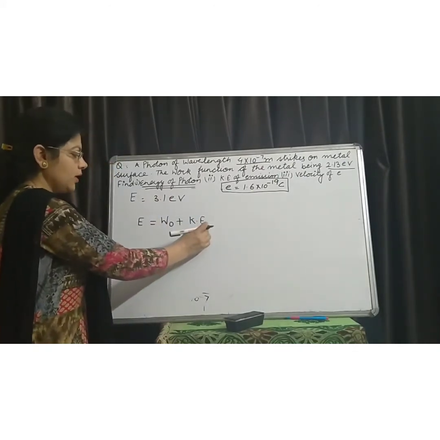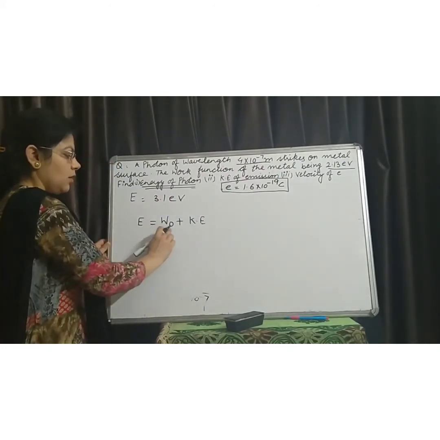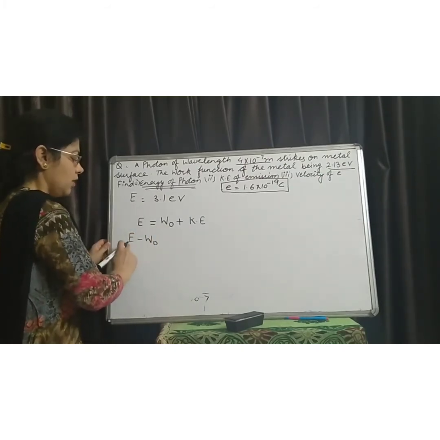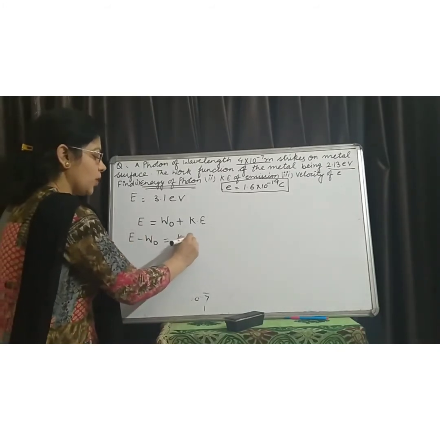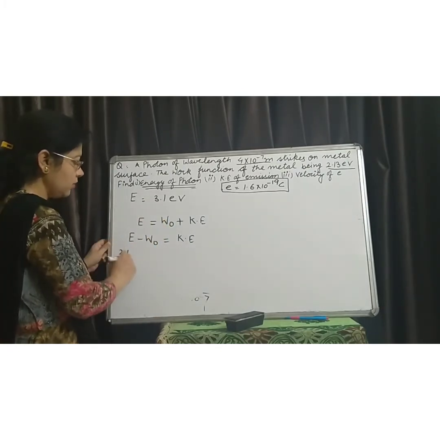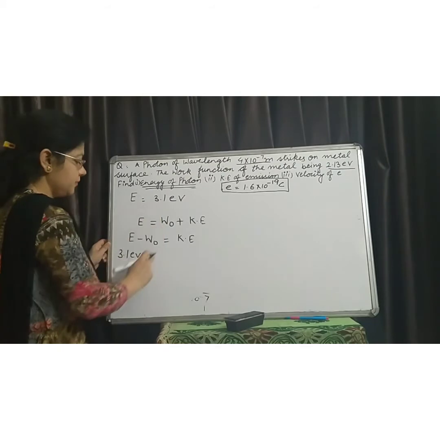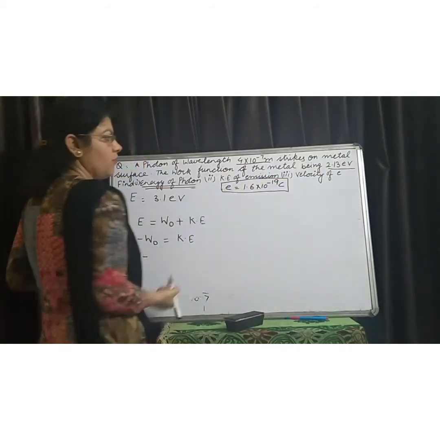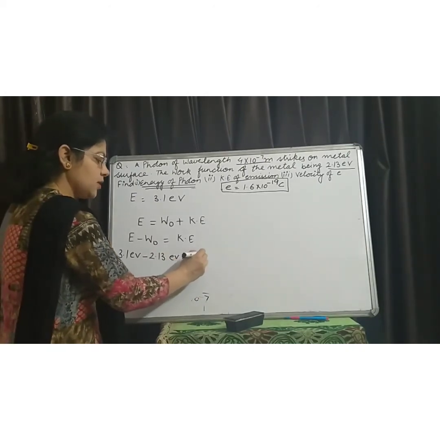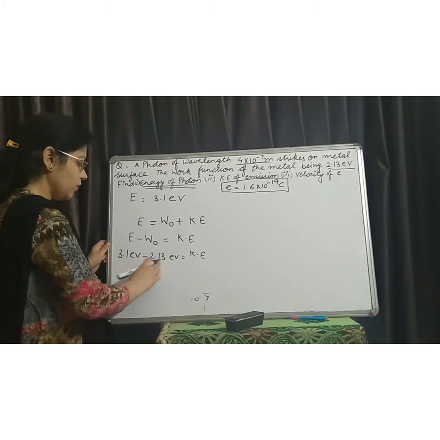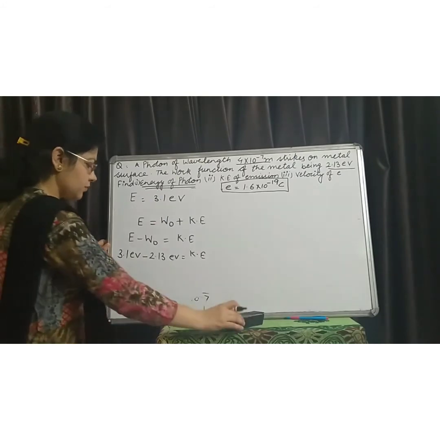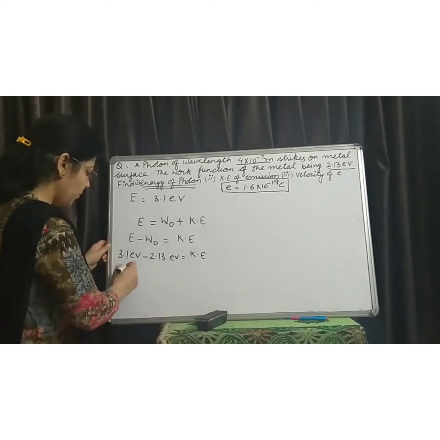So we take the work function to the left-hand side. It becomes E minus W naught is equal to kinetic energy. Energy is 3.1 electron volt and the work function is 2.13. You can easily solve this and find the kinetic energy of the emission, which comes out to be 0.97